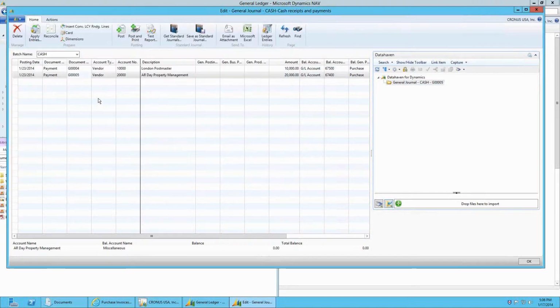So I'll just grab this. Now we have an attachment at the line level, and if I switch back up to this line, I see the attachment for that line. Now if I switch to this one, I'll only see the attachment for that line. So these are linked directly to these journal lines. When I go and post,